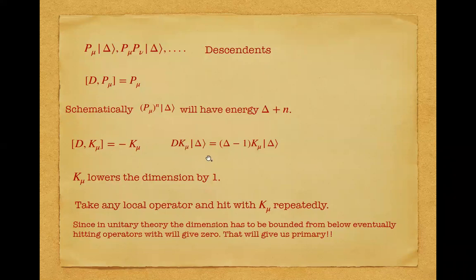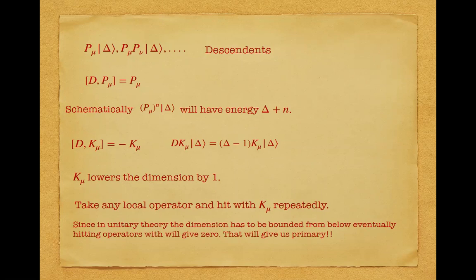One particular thing that we will see just after this is that in unitary theories, the dimension has to be bounded from below, otherwise the norm will be negative. The norm of the state, the scalar product between two states, will be negative unless the dimension is bounded from below. So if you just keep hitting with K mu, then there will be a point where it will